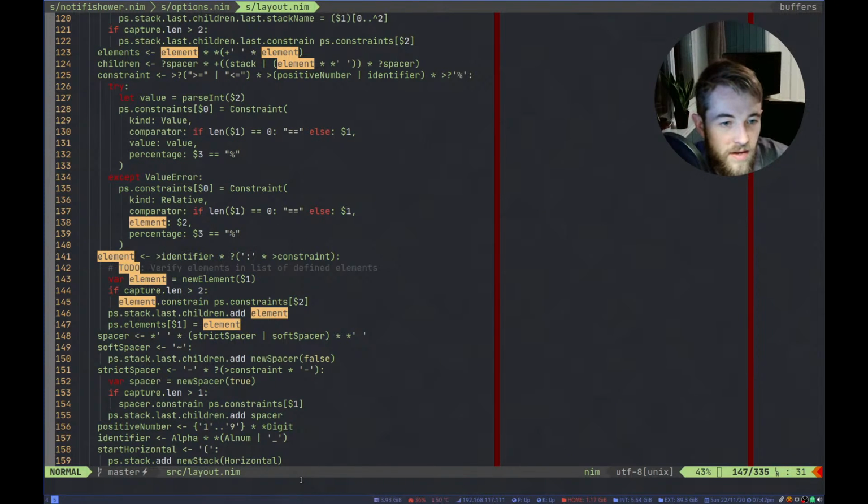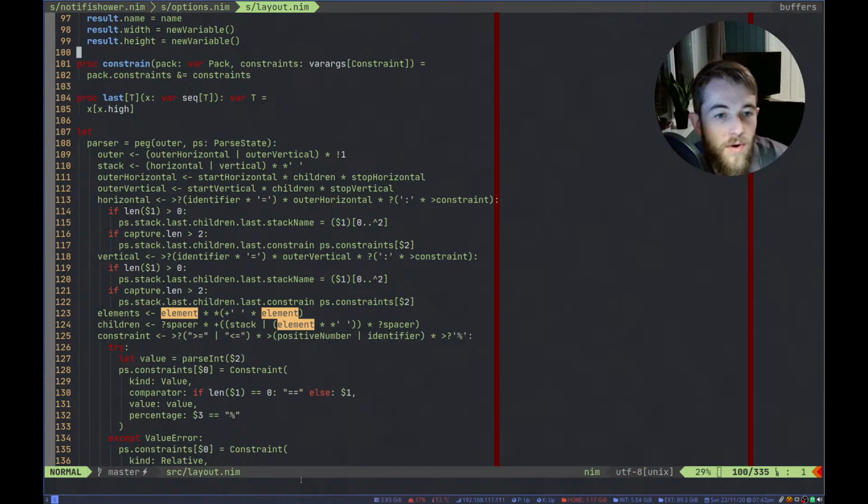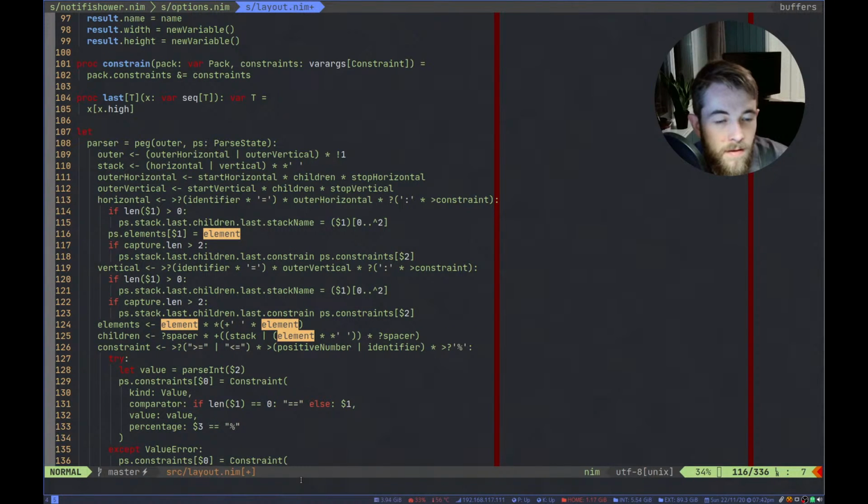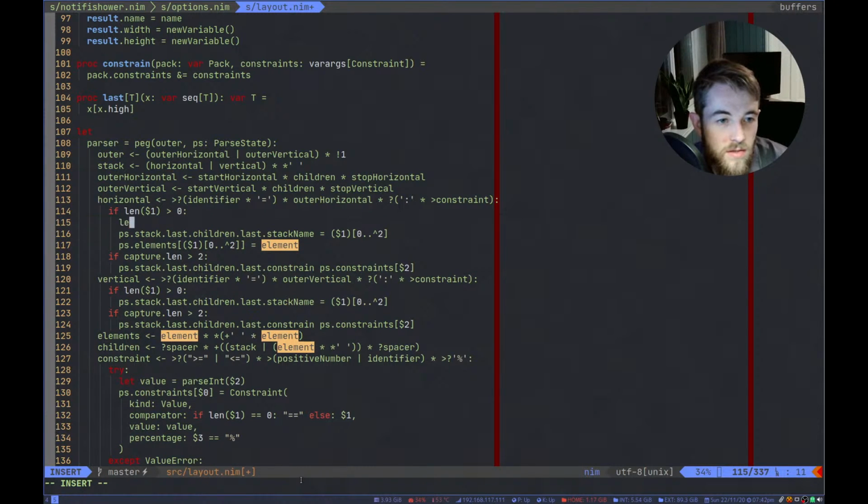Great, so that is for elements. We need to do the same up here for our named stacks. So if we have a stack with a name, we need to do this same thing. Let's actually just make a variable out of that.